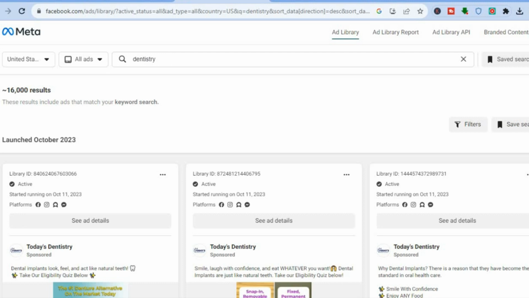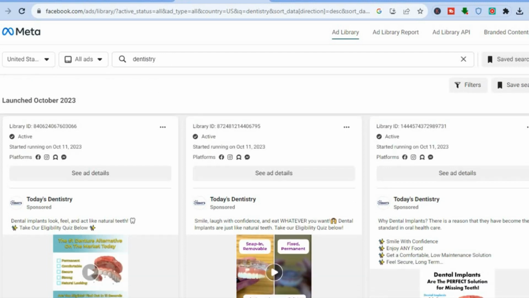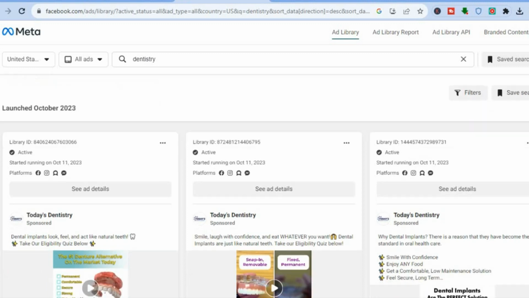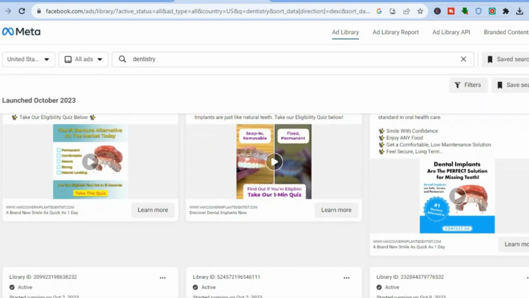Once you have done that, you can scroll down and you can see the different ad copies that are currently running, and you can see when they started. For example, this one started running on October 11, and at the time of recording this tutorial it is October 13. So you can scroll down and you can see right there, it is normally just a video or a